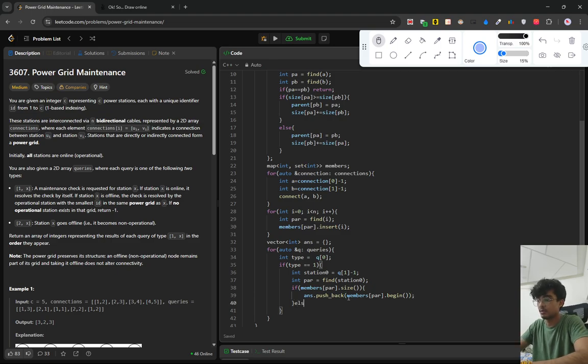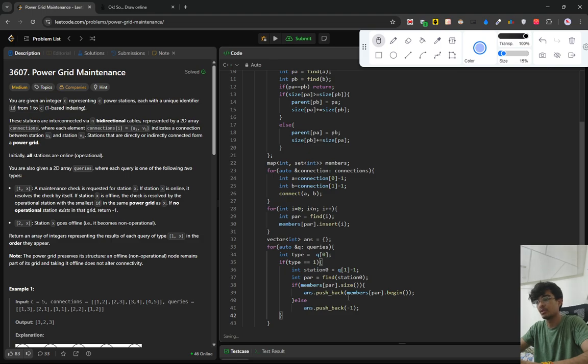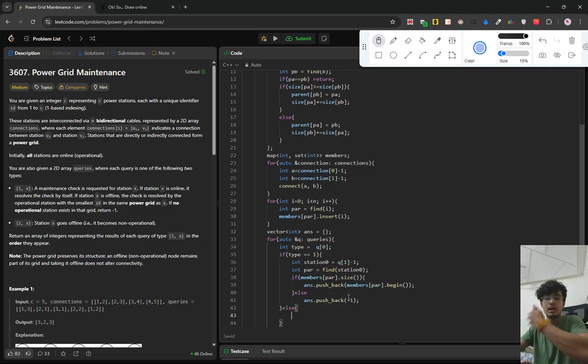Like this, else I'll push minus 1, right? Great. Now if this type is not 1, if it is 2, then I have to